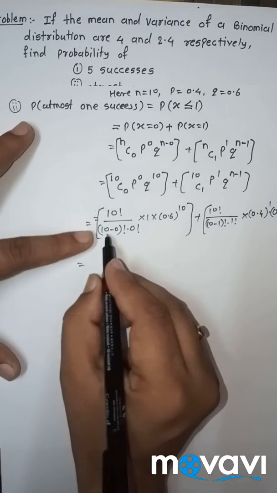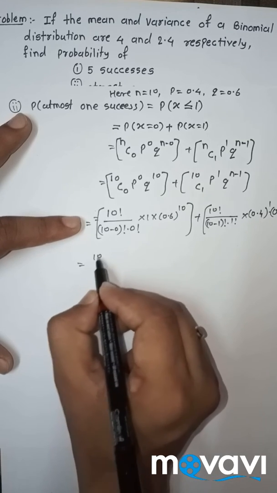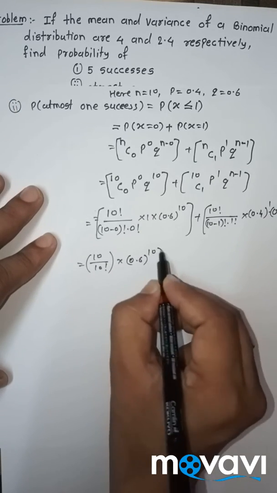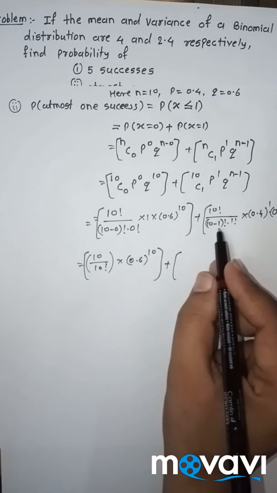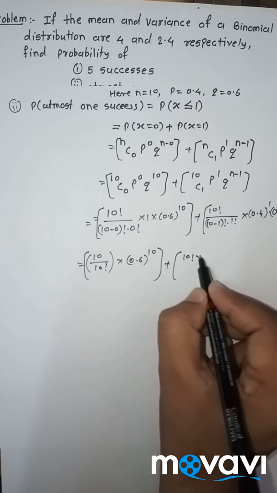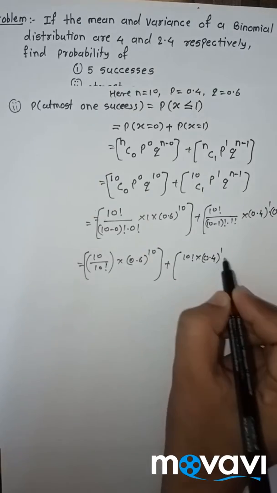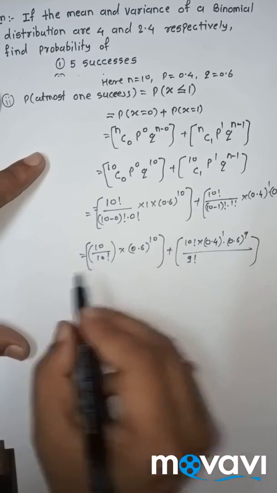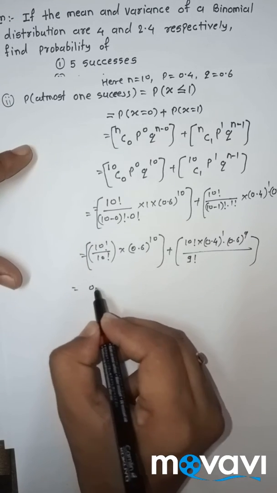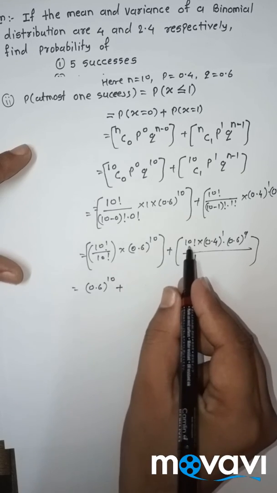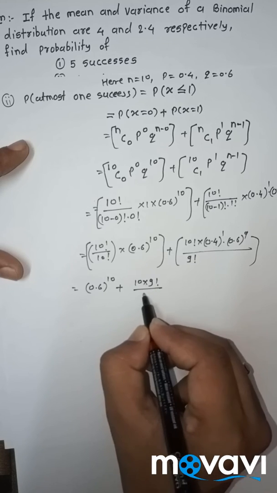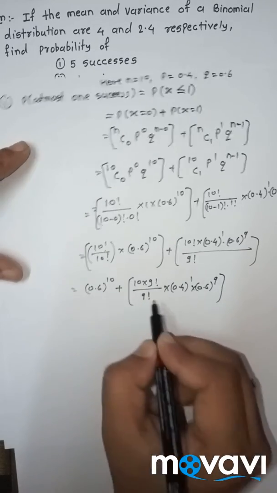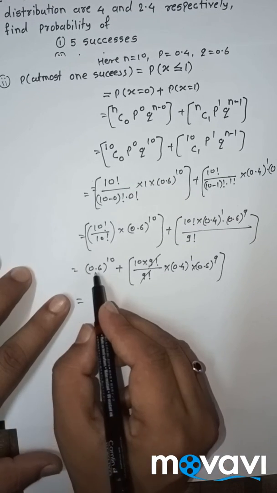This is equal to 10 factorial upon 10 minus 0 factorial. 10 minus 0 is 10 factorial. 10 factorial upon 10 factorial, 0 factorial is 1, into 0.6 raised to 10 plus 10 factorial upon 10 minus 1 is 9 factorial. 10 factorial into 0.4 raised to 1 into 0.6 raised to 9 upon 10 minus 1 factorial means 9 factorial. 10 factorial upon 10 factorial is 1, 0.6 raised to 10 plus 10 factorial, you can write this as 10 into 9 factorial upon 9 factorial into 0.4 raised to 1 into 0.6 raised to 9. 9 factorial is cancelled with this 9 factorial. 0.6 raised to 10,